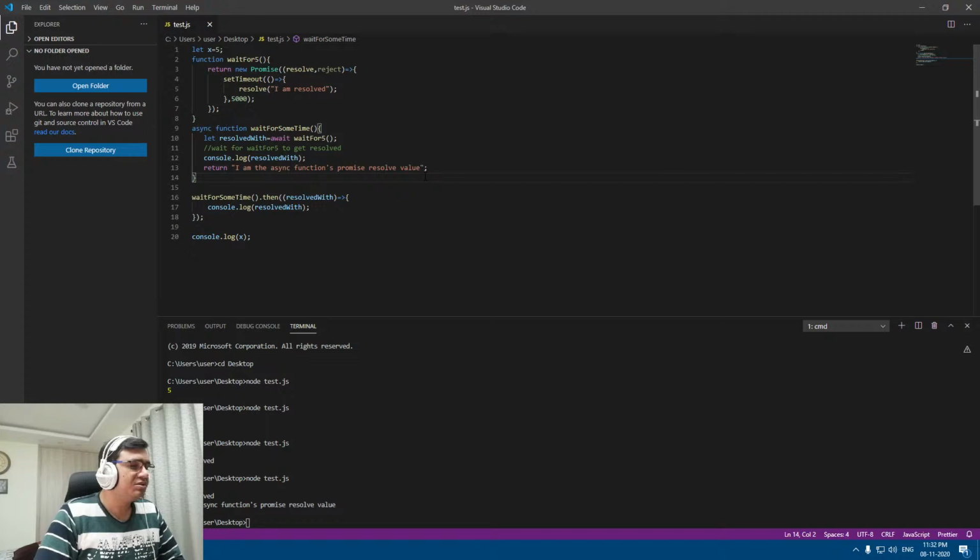So basically, JavaScript, even when it is in the browser or even when it is outside the browser, uses a single thread to execute the user's code. Whatever code that I'm writing is going to get executed on a single thread. But whenever you ask JavaScript to perform any operation like an API call or reading or writing to the disk, some DB calls, anything that takes more time than the usual calculations that you do in your code,